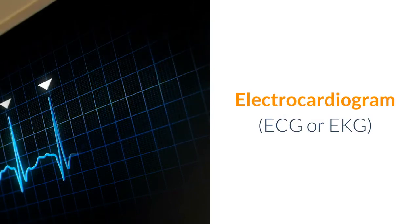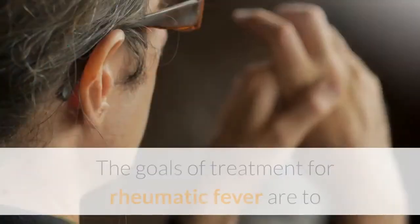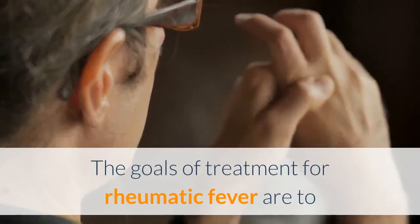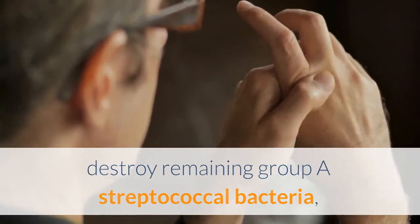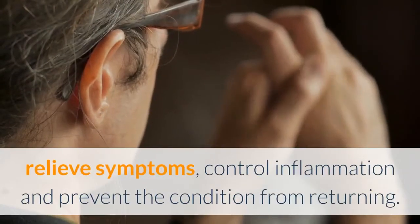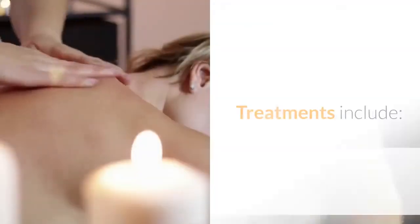Treatment. The goals of treatment for rheumatic fever are to destroy remaining group A streptococcal bacteria, relieve symptoms, control inflammation and prevent the condition from returning. Treatments include